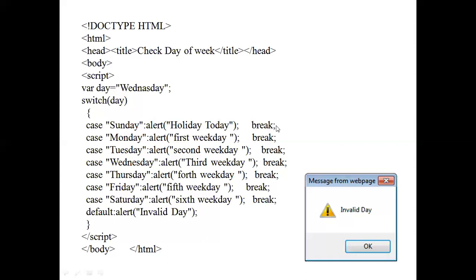You can write it here also, or below the statement. That is not important. Semicolon is important. That means this is another line. If this semicolon is not put, the syntax becomes wrong. Okay. So this is how the switch case statement is to be written and executed. Follow the syntax always.